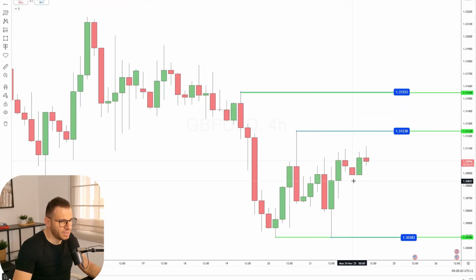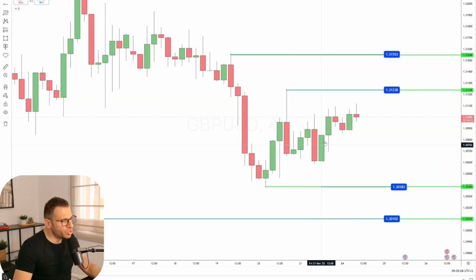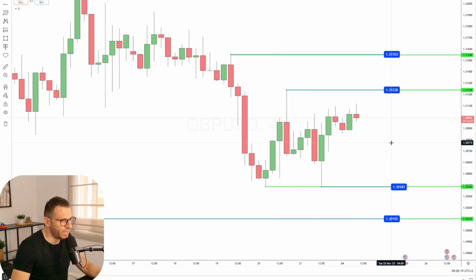Next one on the list, it's the Great British Pound versus the US dollar. Similar picture, but more strength, let's say, on the sterling because of these long bullish candlesticks. Here I don't draw Fibonacci or trend lines because they are not applicable, but what I can see is that this bearish candlestick's high is around 1.312, and if the price keeps going up, the next level will be this